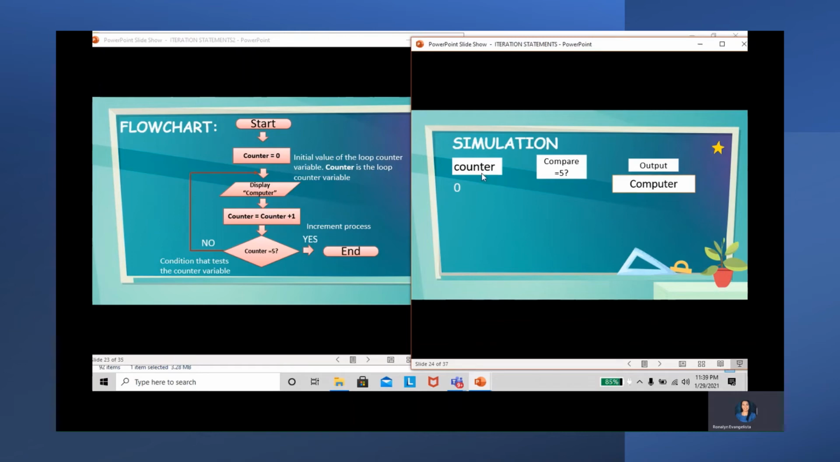So counter, which is 0, add 1 to it, will become 1, and then we compare. Is counter equal to 5? Since the value of counter now is 1, is it equal to 5? Not yet. So we have to go back to this part of the flowchart, which is to display again the